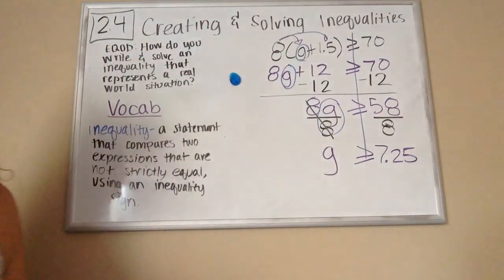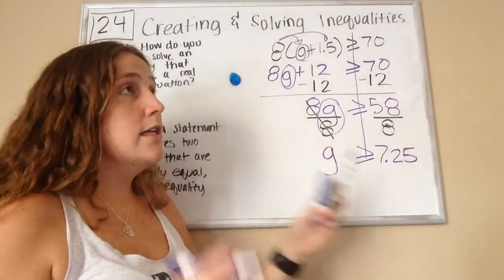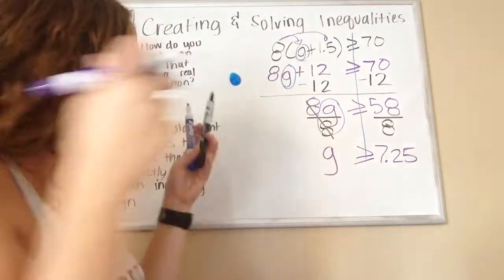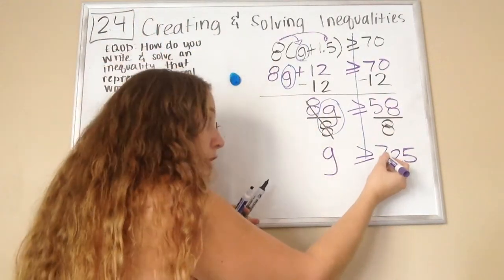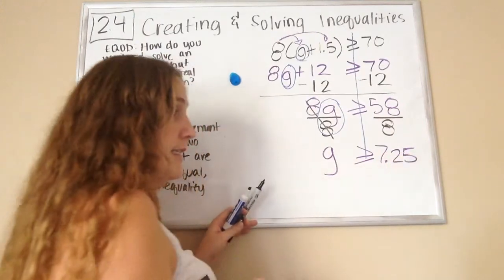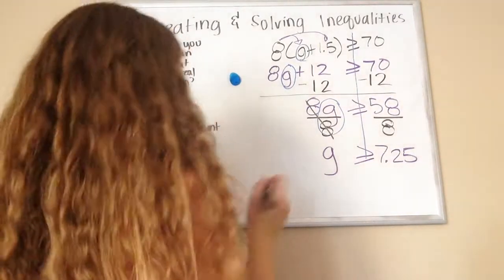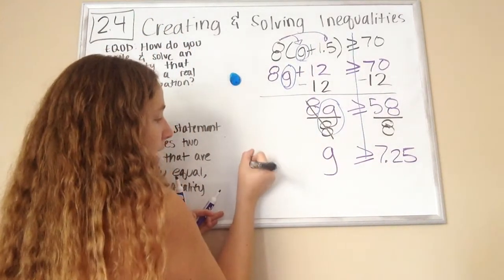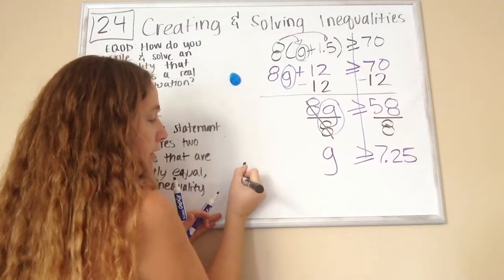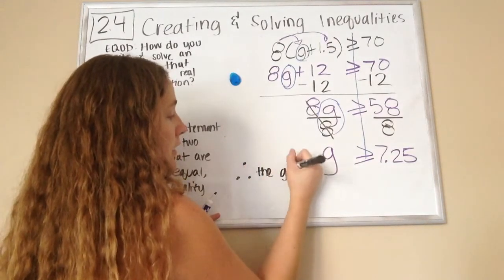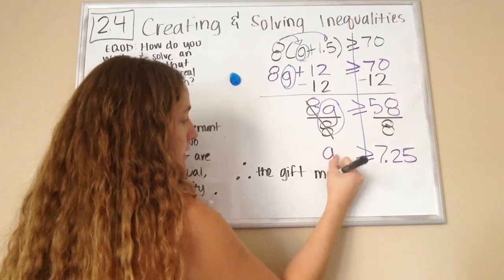7.25. And remember, we're talking in terms of gifts. How much are we spending on gifts? We're talking about money. So $7.25. So let's try and write this out in kind of like a sentence to conclude. So we got therefore, I'm going to have these 3 little dots. That means therefore, the gift must